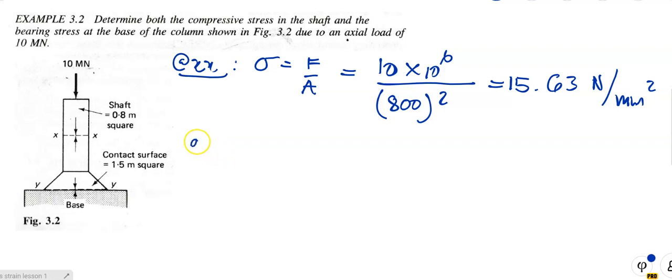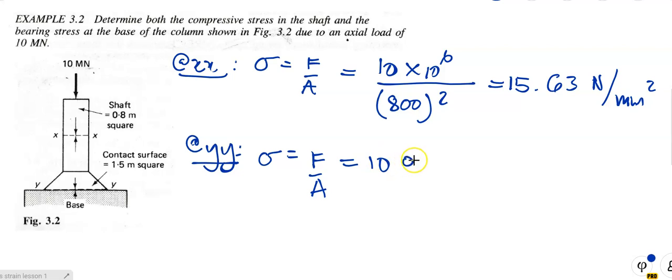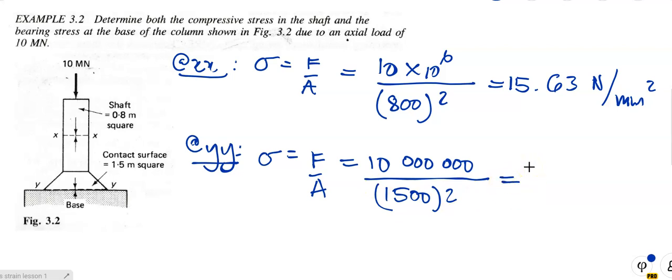So I'm going to say at YY, stress is equal to force over area, and the force is 10. It's the same thing: 10 million newtons over the area, and it's 1.5 meters, so in millimeters it's 1,500 millimeters, but it's a square. I'm doing my calculation here, and I get 4.44